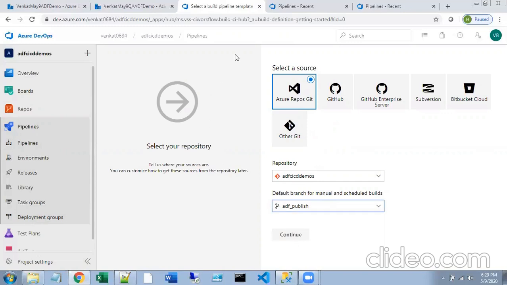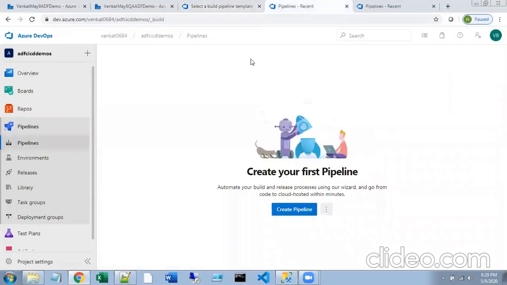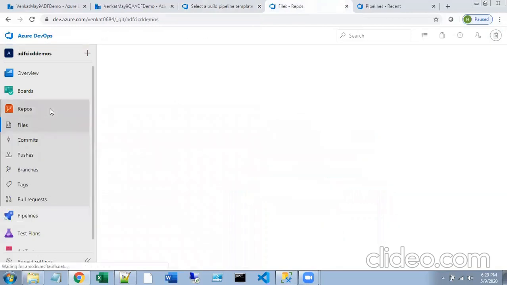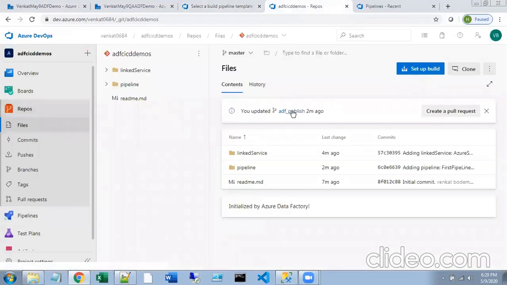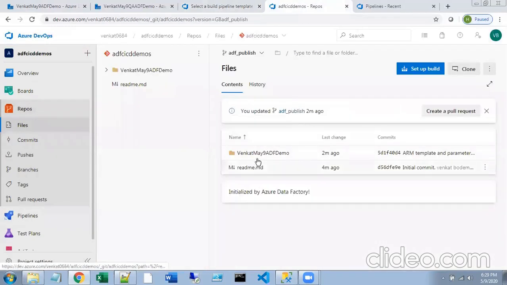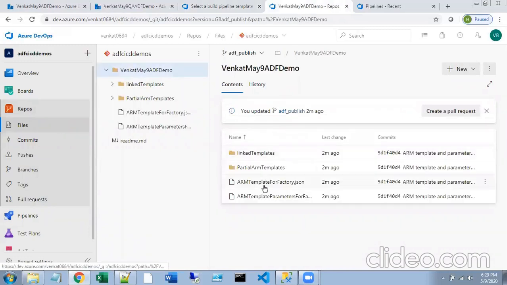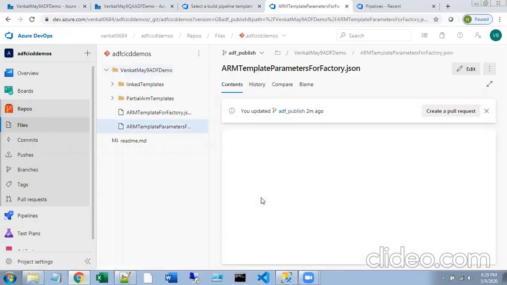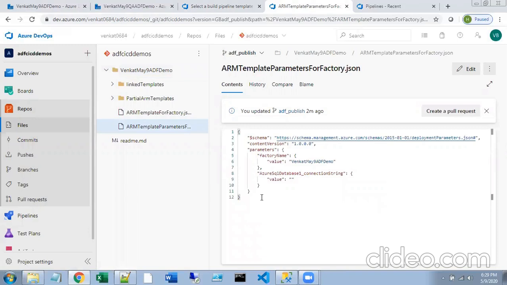If you want to look at what we have in the ADF underscore publish branch, you will have a template for data factory and parameters for the data factory. If you click this template parameters for factory, you have your data factory name and you have your connection string for your dev environment.